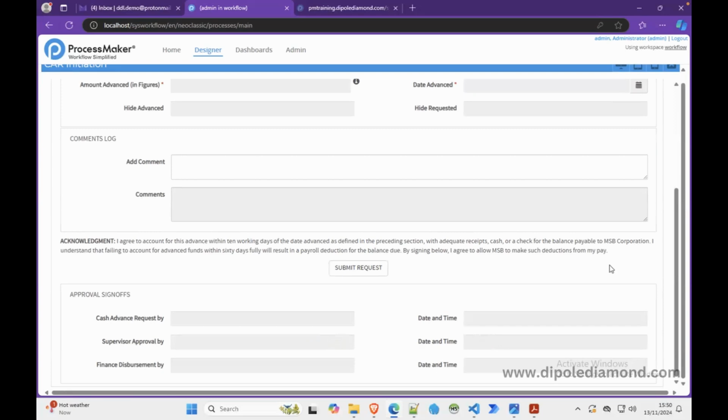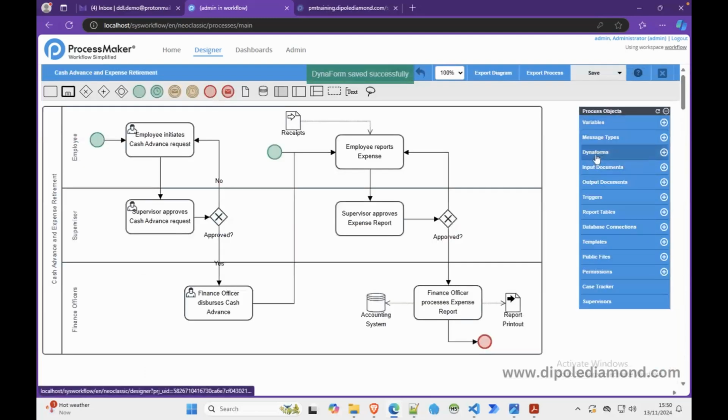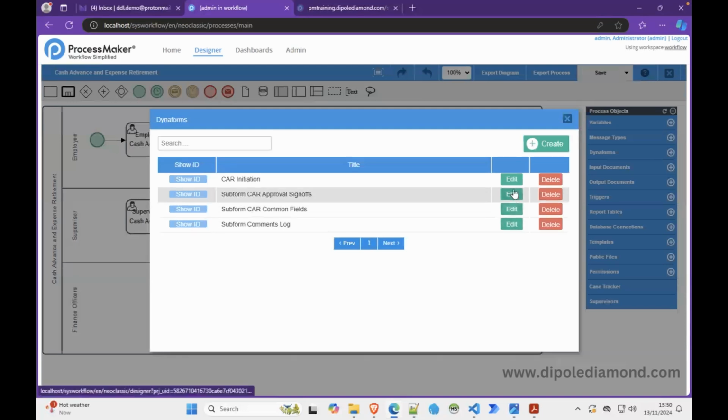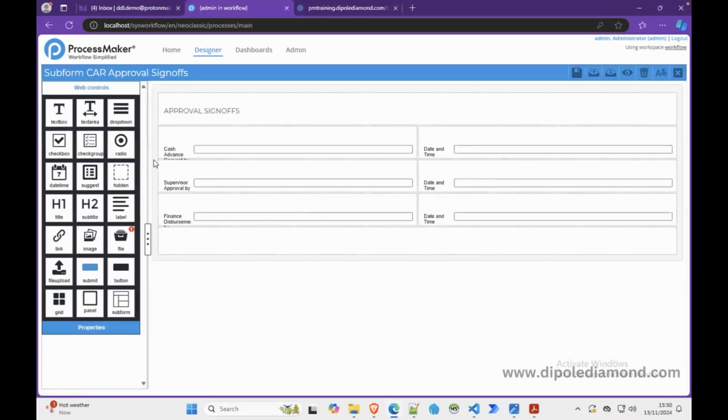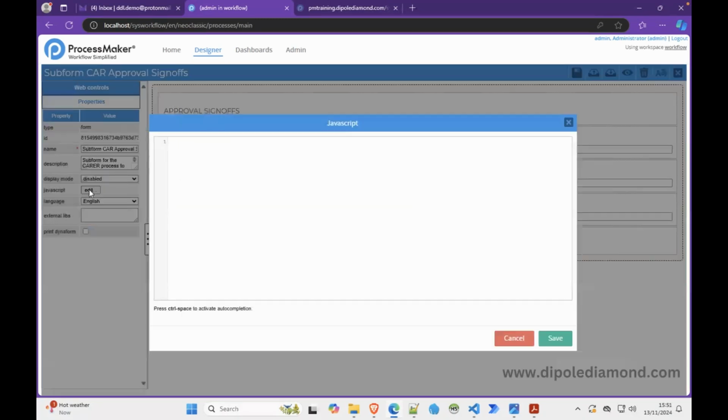So to do that, we need some JavaScript. So this is bringing you now to adding JavaScript to a form. So we want to add some JavaScript logic to the approval forms. And we said to do that in one of our previous videos or lessons. You select the Dynaform container, clicking on it, and in the form properties, what would you see? JavaScript. So we can click on this to edit. Now we can add